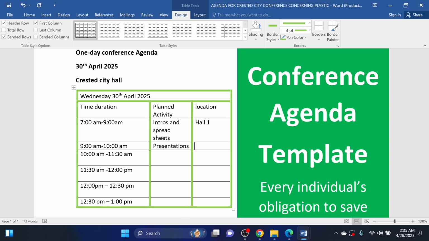Presentations, then all one, still in all one, the location. Then here, graphs, maybe studying graphs, all two. Here we can have a break, according to the agenda, can have a break at all three. Then here we shall return for way out,